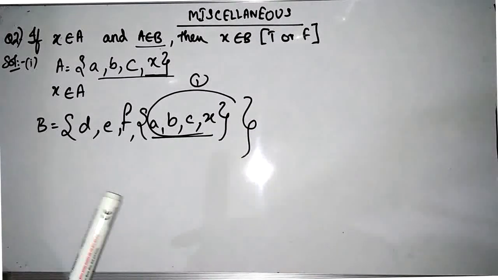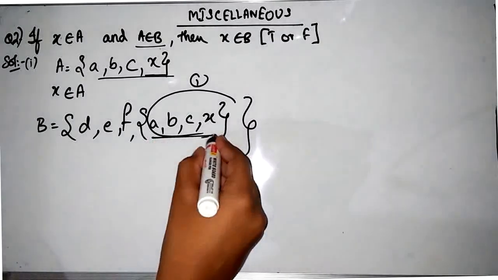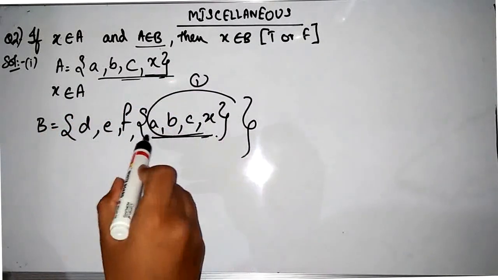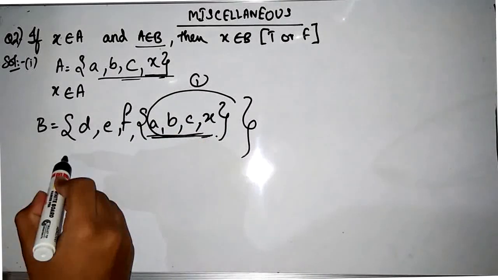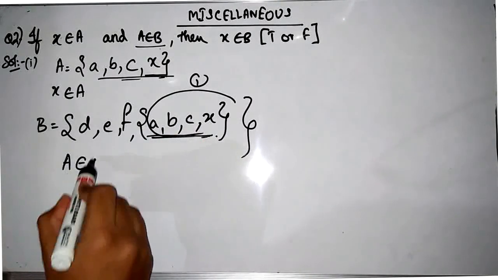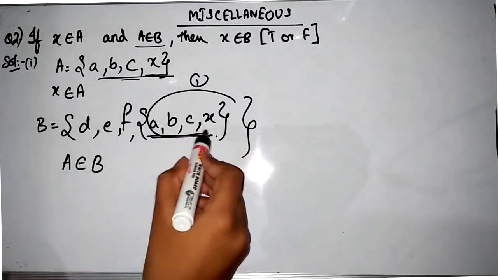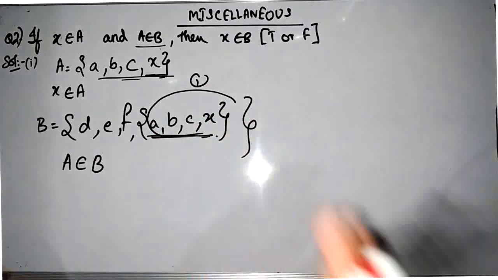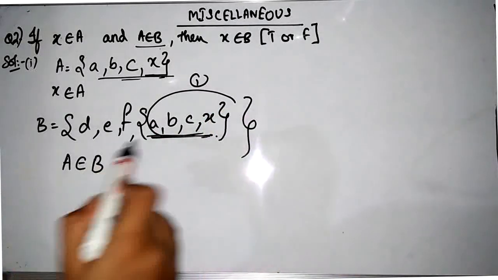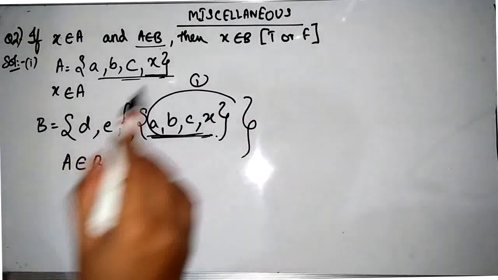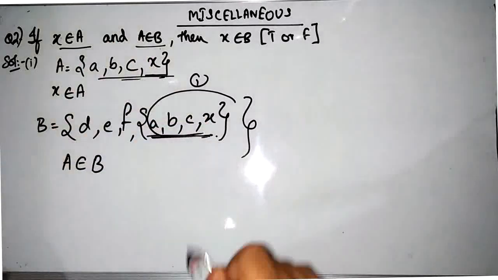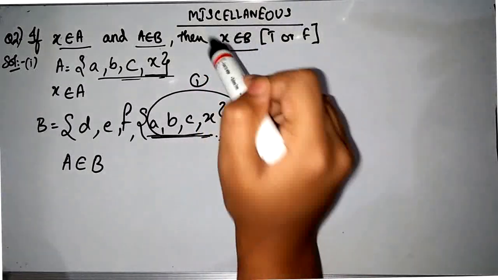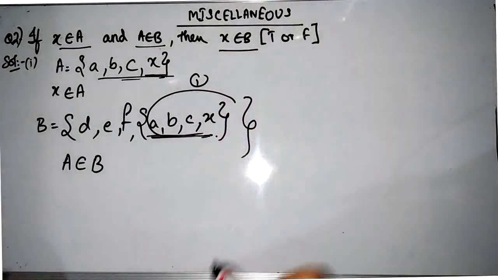Now with this you can see that this full represents set A, and when it is inside a set, this full thing represents one element. So you can say that A belongs to B, okay, because this is the elements of set A, and inside this, all this together make one single element. So you can say A belongs to B like an element. So we have satisfied these two conditions. Now what we have to do is we need to check whether the third condition is true or false, that is whether X will belong to B or not.